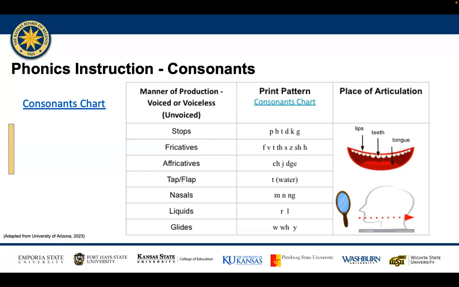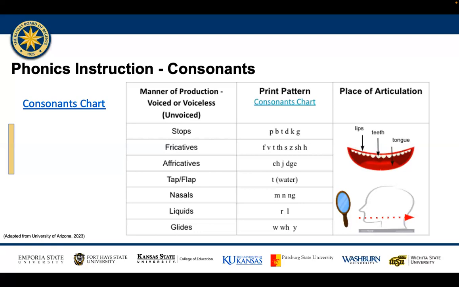The bottom graphic icon showing an arrow moving from the front of the mouth to the back represents the place of articulation for the different types of consonant sounds based on the manner they're produced. Sounds at the top of the chart are typically produced toward the front of the mouth. As we move down the chart, the place of articulation for the sounds moves to the back of the mouth